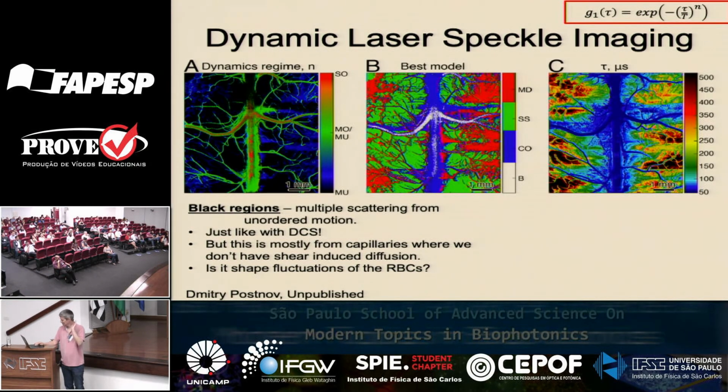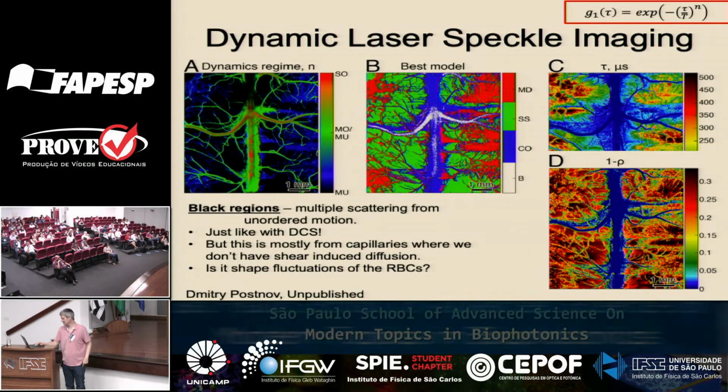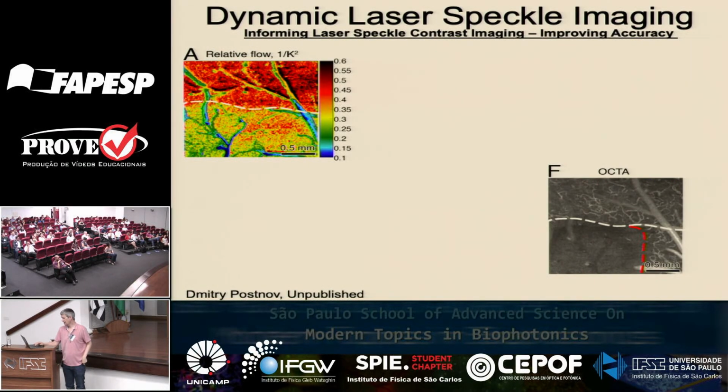Let me skip. So Dimitri has done lots of cool things analyzing these data. And the last slide, basically the application where this is now relevant, is if we look at a stroke with laser speckle contrast imaging. With OCT, we can see basically during this stroke, there's no blood vessels here. They've disappeared because we only see moving red blood cells. With laser speckle contrast imaging, we measure a reduction in blood flow,